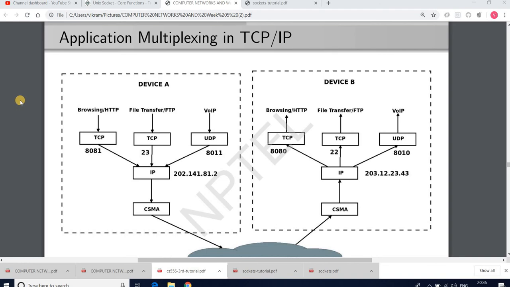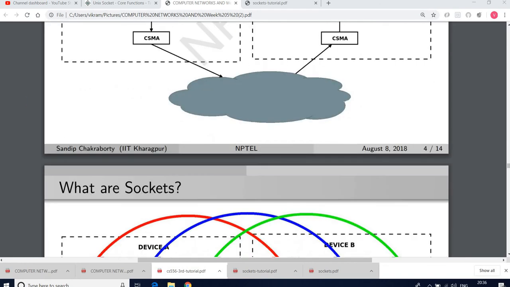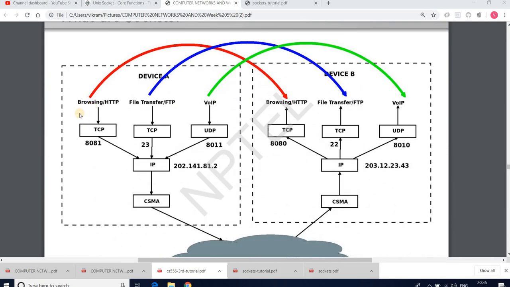So we have a socket, this red one, which is making a logical pipe between the application running at port 8081 on the machine 202.141.81.2 and the corresponding end of that pipe, running at port 8080 on the machine with IP address 203.12.23.43.